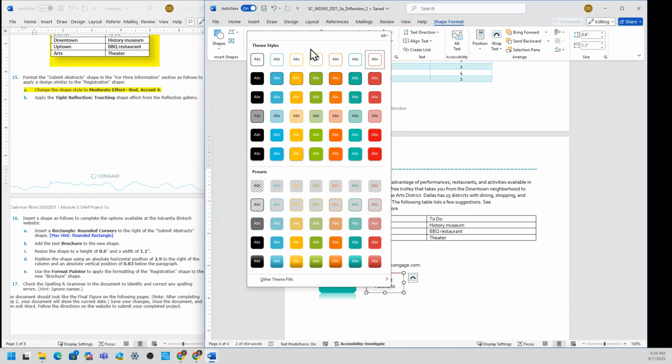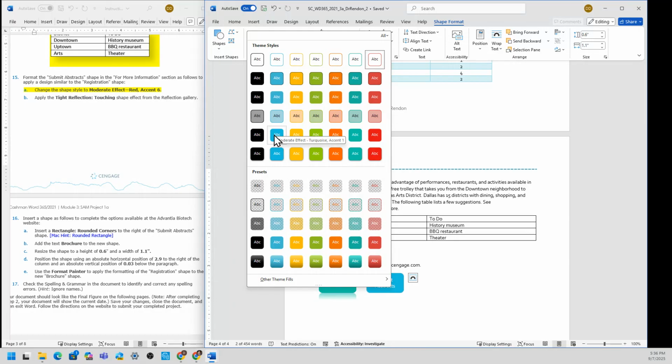Red accent 6. So I'm thinking this colored fill, it needs to, no, moderate effects. Moderate effects, red. Why would it be red?